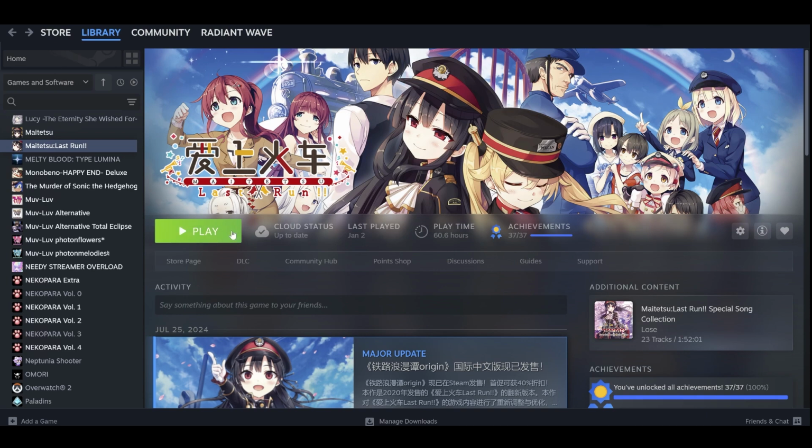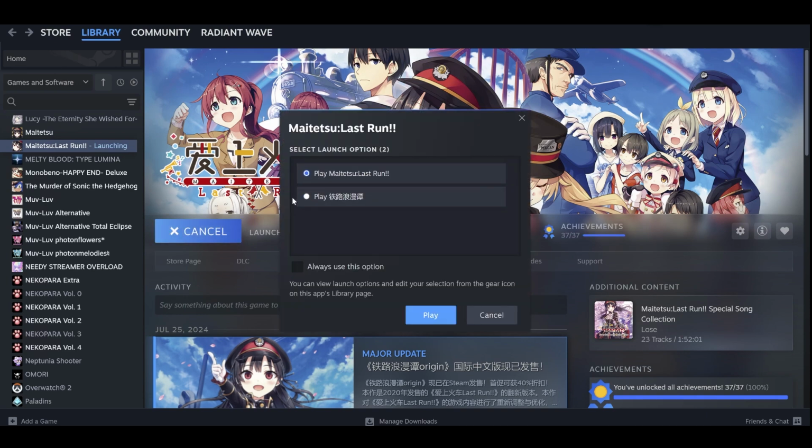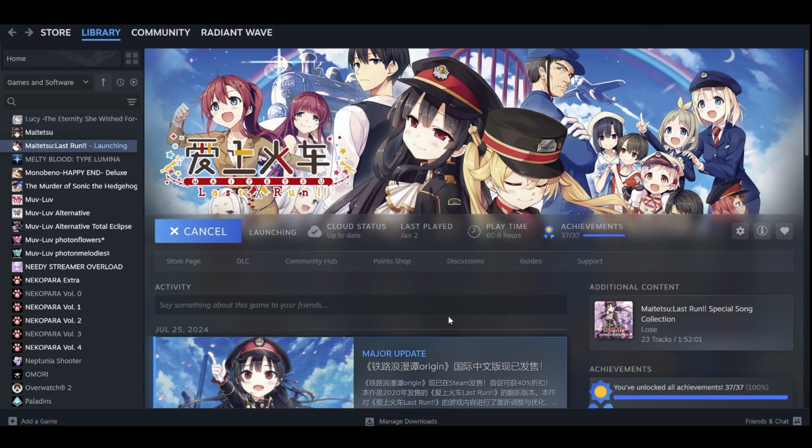So My Tattoo Last Run works perfectly well, but if we go to the actual DLC, which is Rail Romanesque, it's a separate application. I've noticed this game does not work with Textractor. So I can show you trying to set it up on Textractor, and then I can hopefully walk you guys through the steps of showing you how to set this up through Sugoi or OCR instead. Once this loads,